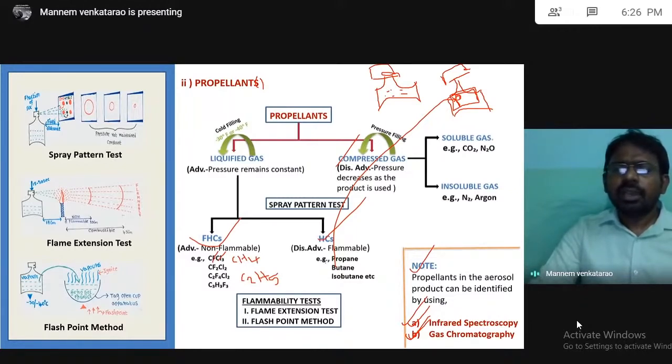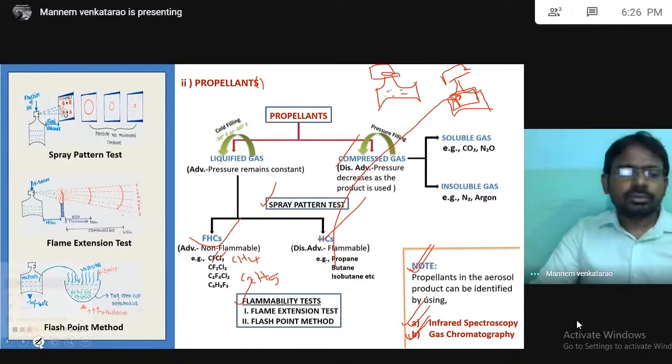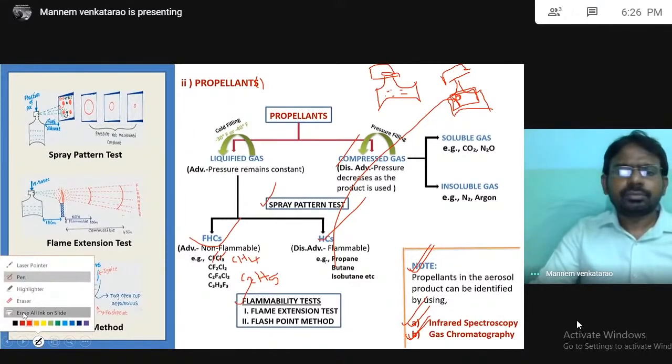That's why, in propellants, how many evaluation tests are completed? One, identification. Two, check whether the pressure is maintained constant or not. Third, flammability. Okay. Next, with this, propellants are completed. Okay. Next,